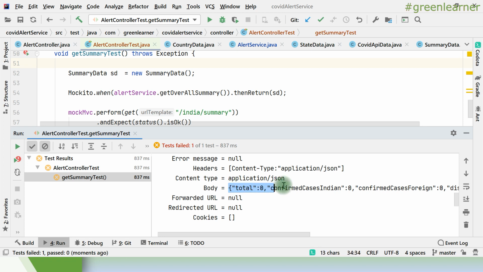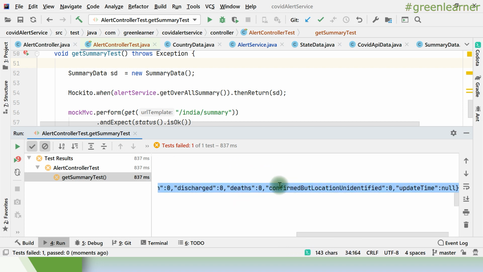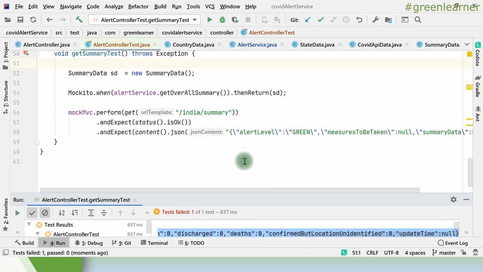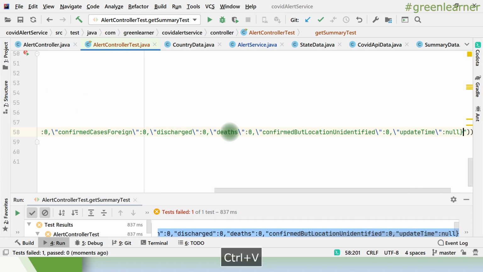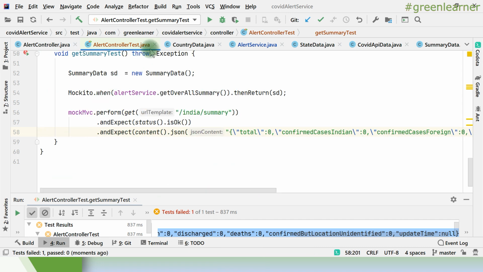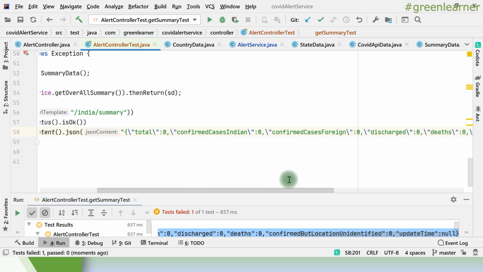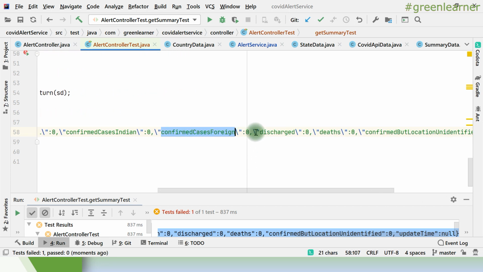the content is not being matched here. So I just need this one. I need this body here, copy from here, paste it here, right? So if I execute this, see, total it is giving 0 confirmed cases and discharge.